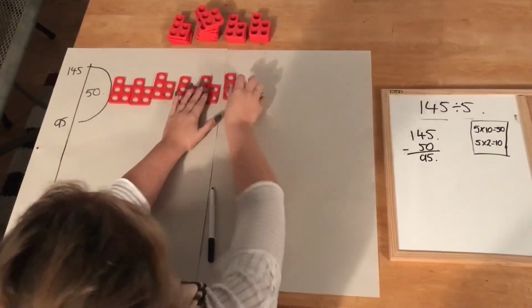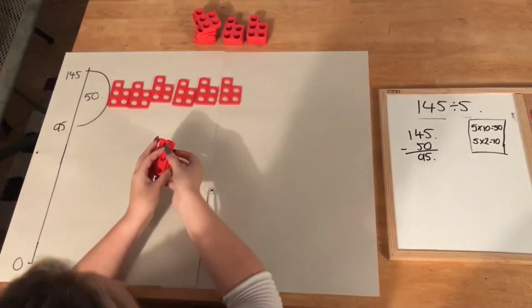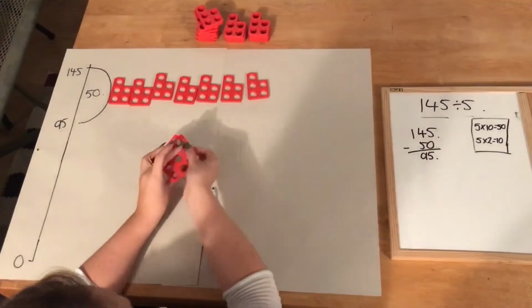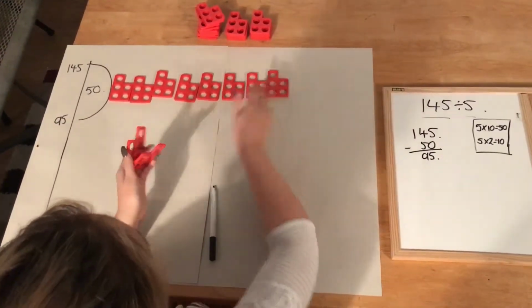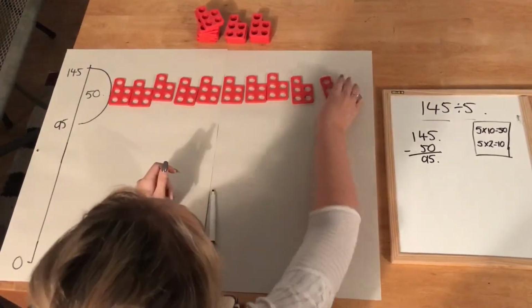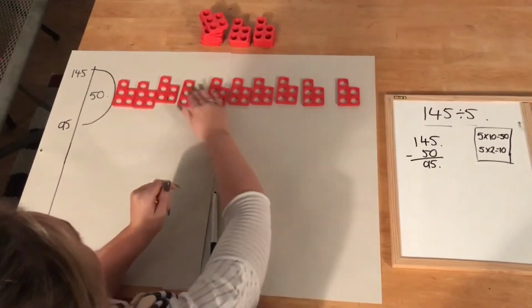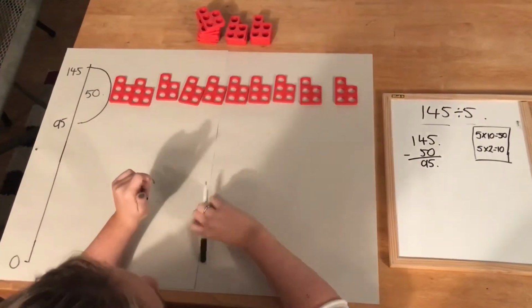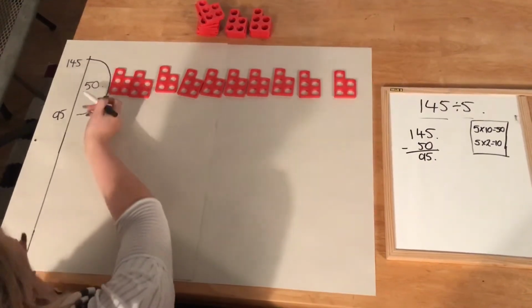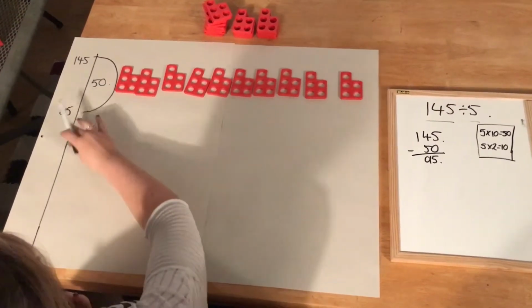We're not putting down 5 groups of 10, as what we are doing is trying to see how many 5s go into 145, if that's awesome. So here we go. Got 1, 2, 3, 4, 5, 6, 7, 8, 9, 10. Perfect. Okay, so what we can do now is see that we can do another group of 50 from